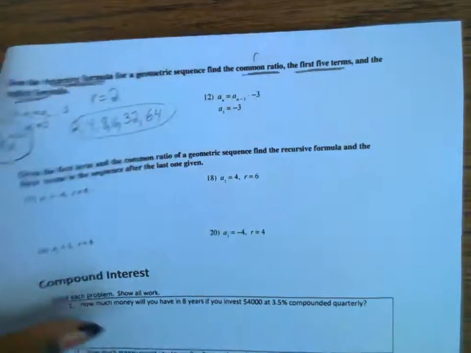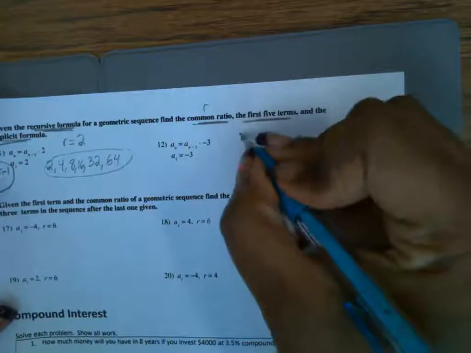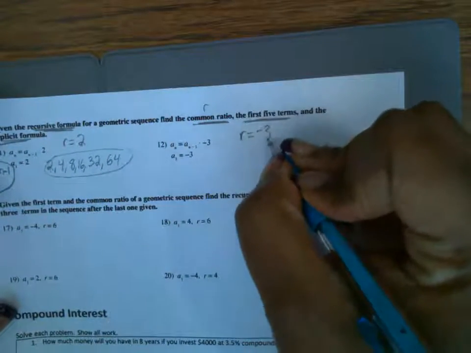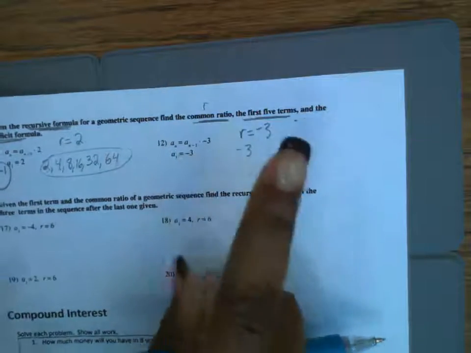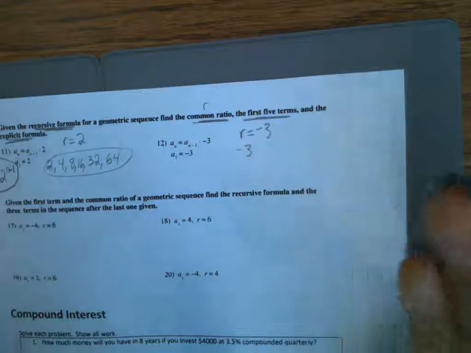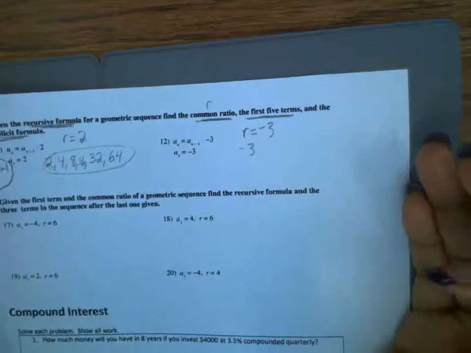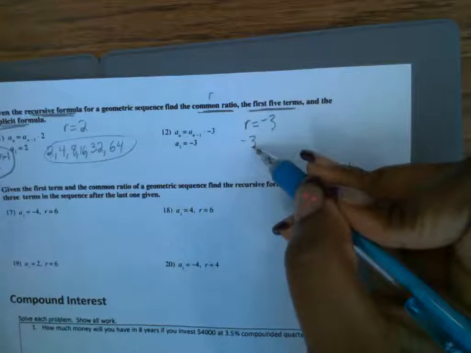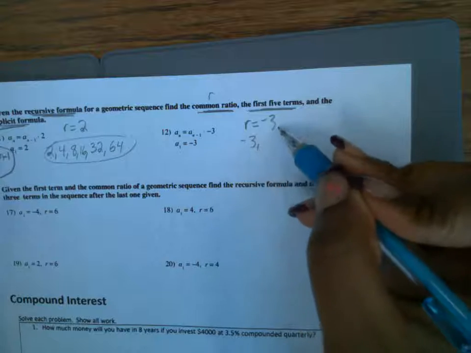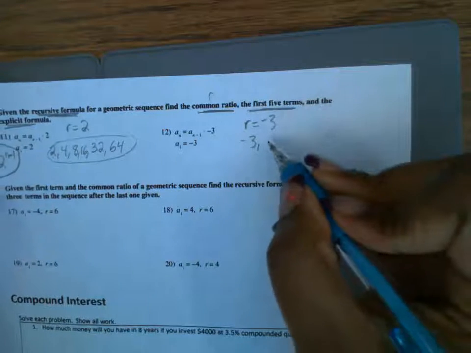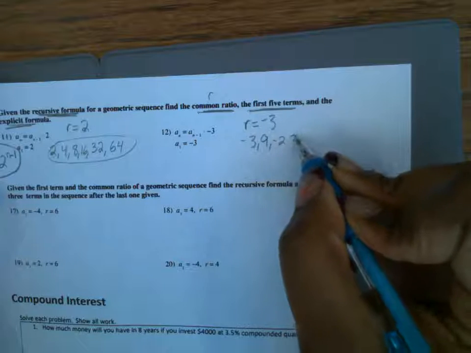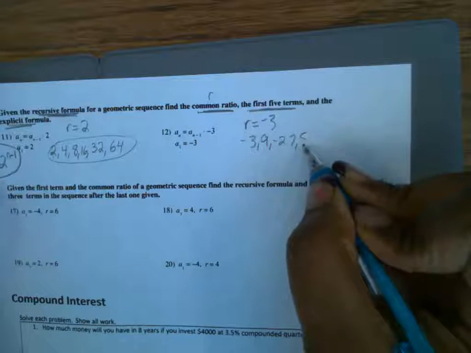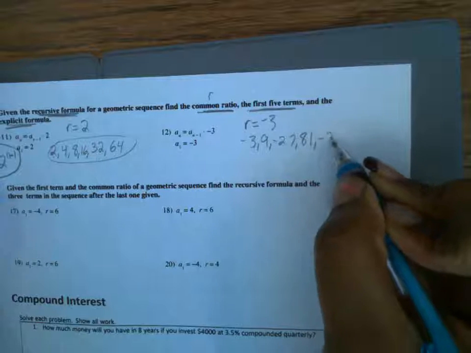So for this one, the common ratio here is -3. We started with -3. They made it the same number. I wish they wouldn't have done that, but it is what it is, okay? So since -3, and you multiply them by -3, this is going to be +9, then -27, then +81, then